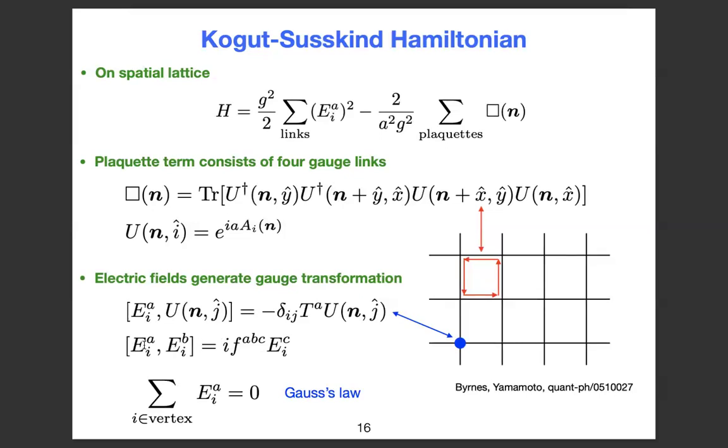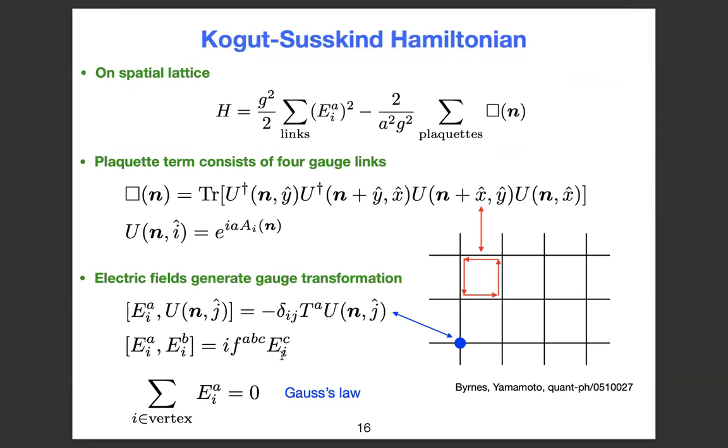And for a non-Abelian group, these generators follow this non-trivial commutation relation. The f^{abc} here is just the structure constant of the SU(N) group. But since we work with the Kogut-Susskind Hamiltonian, we're using the A_0 equals 0 gauge. That means we have remaining gauge redundancy. And for physical states, we need to project onto states that